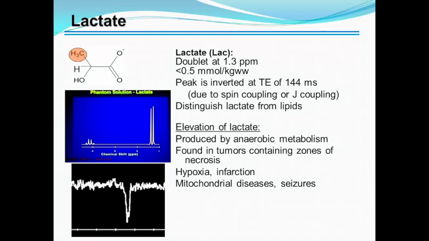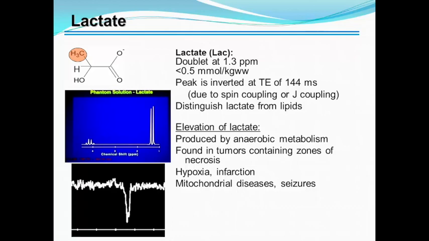Okay, so lactate is a very important marker because it is produced by anaerobic metabolism. It's this methyl group that gives rise to a doublet at 1.3 ppm. And if you have some time at the end, I will talk a little bit about what we call J-coupling and why we see doublets. It's typically in very low concentrations in the brain. And this peak is inverted at 144 milliseconds due to what we call spin-spin coupling or J-coupling,